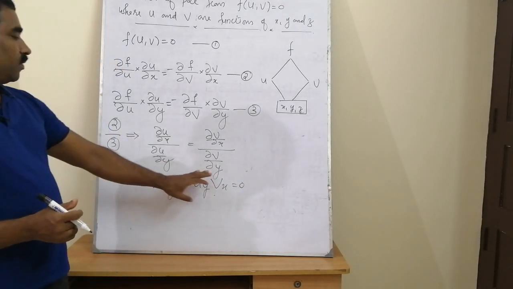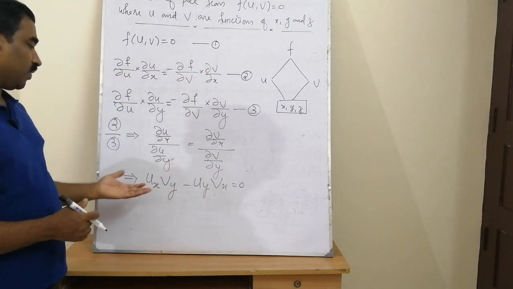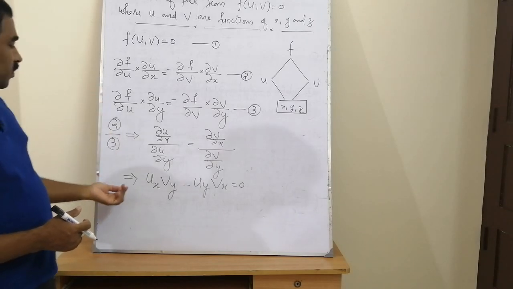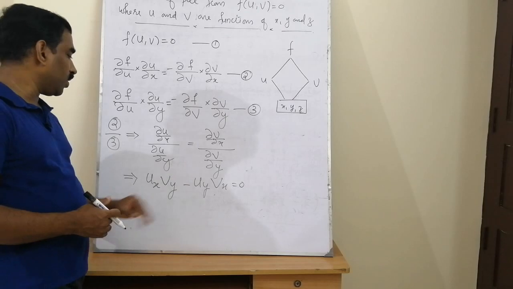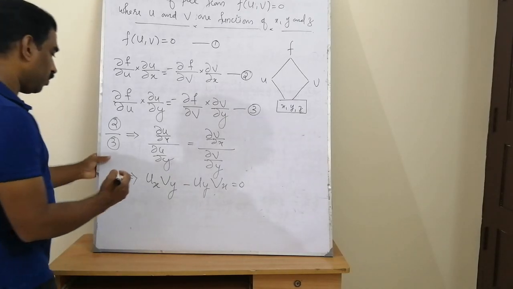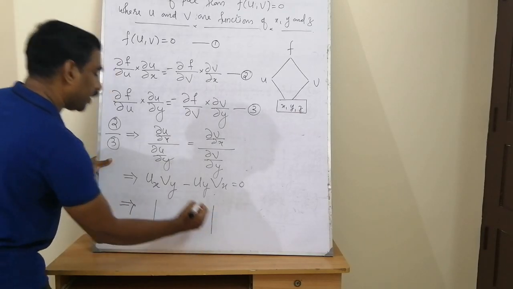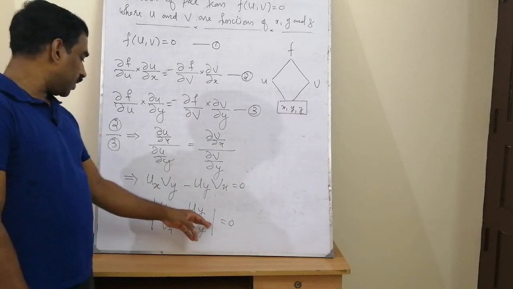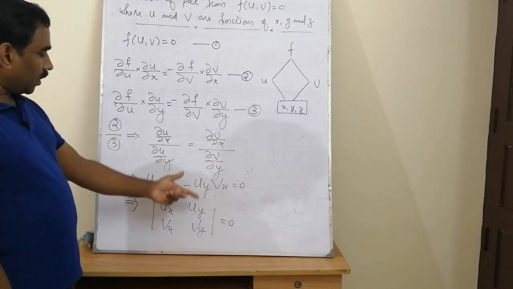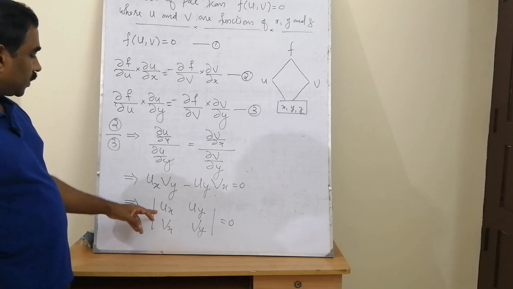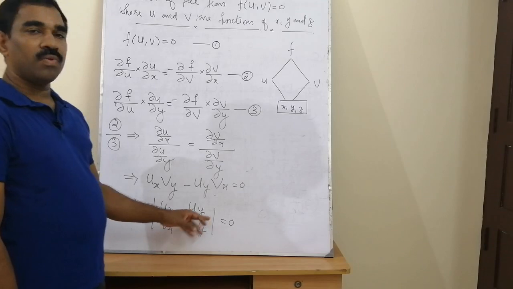So this is an expression which is independent of our arbitrary function f. So this will be our first order partial differential equation. While doing problems, we can see that this will be a differential equation involving the derivatives p and q. Or in shorter form, we can again rearrange this in a matrix determinant format. So on expanding this determinant, we get ux vy minus uy vx equal to 0. Or we can form another format, determinant ux vx and uy vy equal to 0.